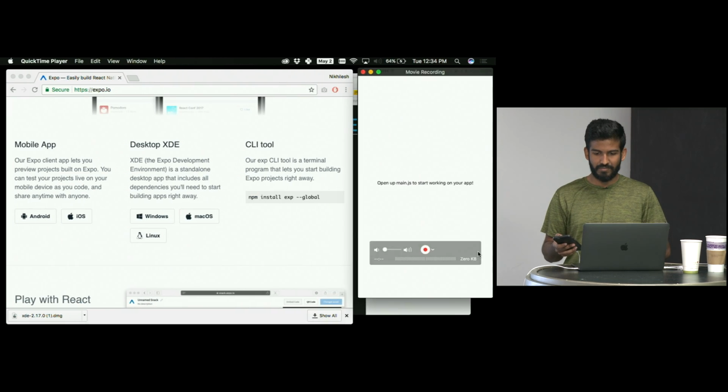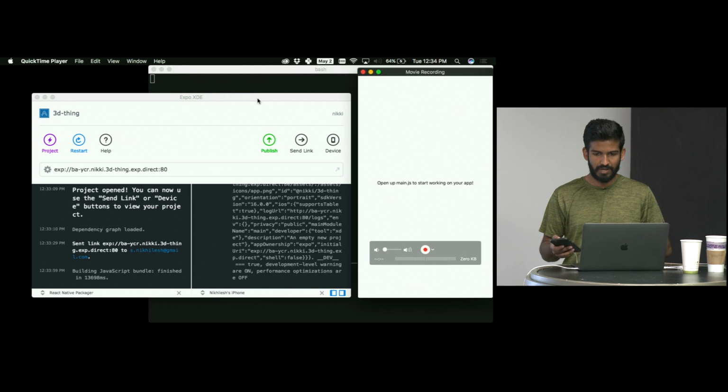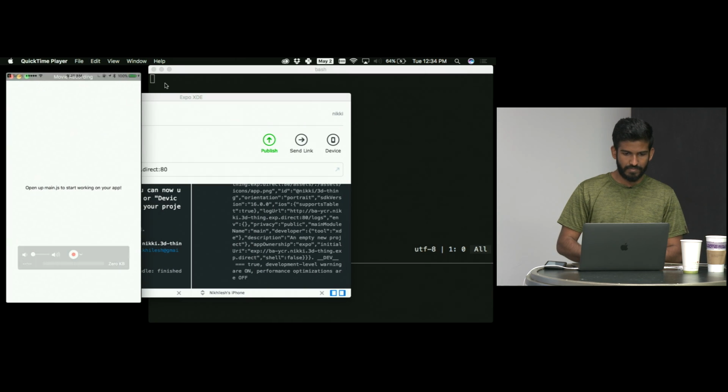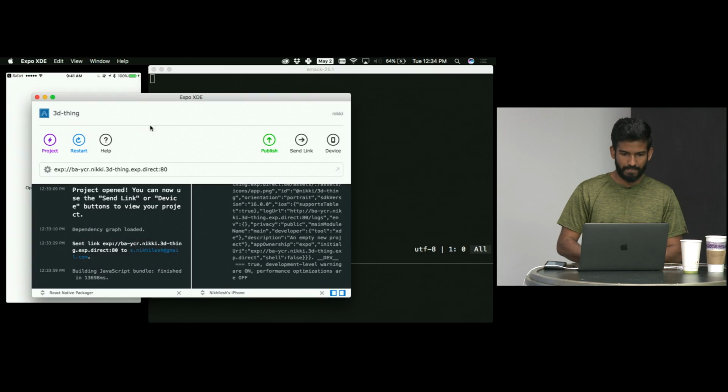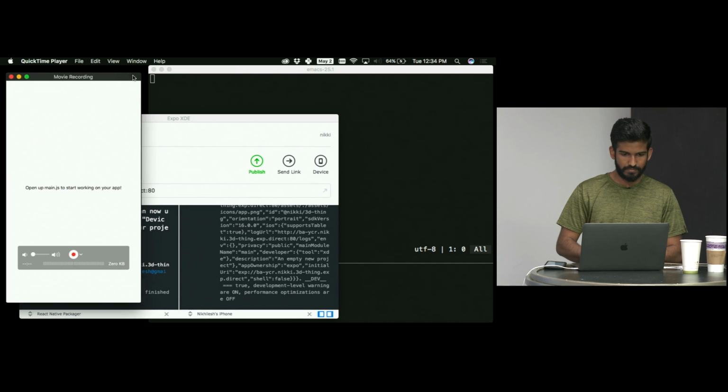Let me just get this view actually onto that screen. So yeah, there we go. So I'll shuffle things around a little bit. OK. Looks like I can't make this smaller. So